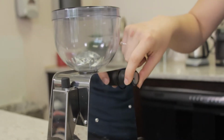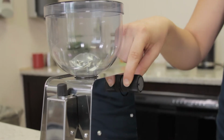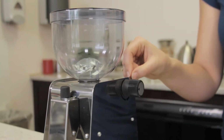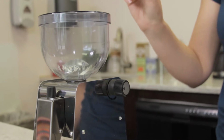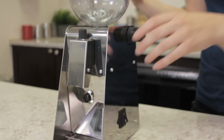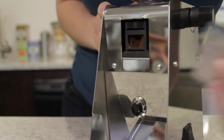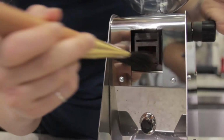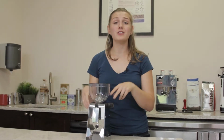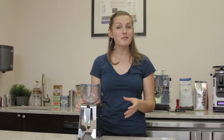To adjust this, you just need to turn the knob clockwise for a finer grind and counterclockwise for a coarser grind. And you always want to make sure that you are adjusting this with beans and the motor on, so you don't risk clogging up the chute in your grinder, which, by the way, is easily removable and adjustable for easy cleanup. The Fred Grinder is a dozerless grinder and has 38mm conical burrs with a 150 watt motor,